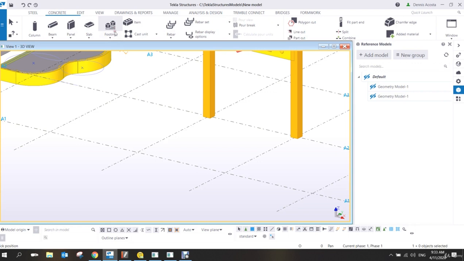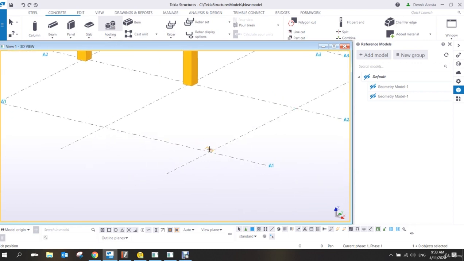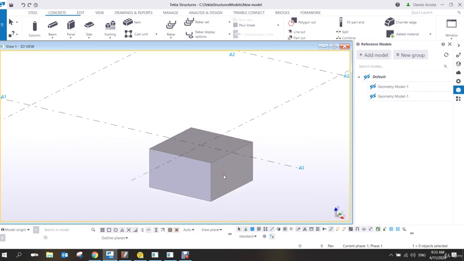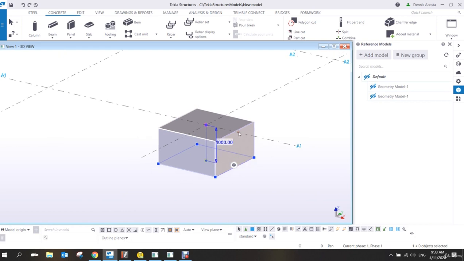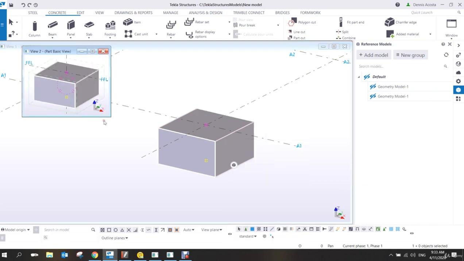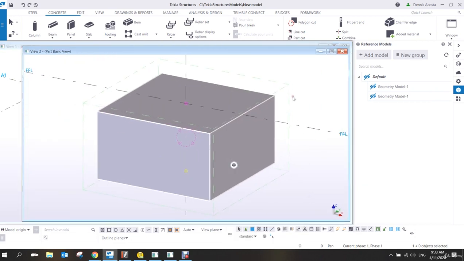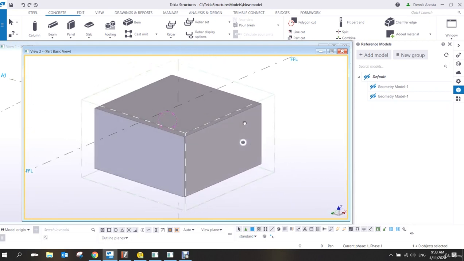the easier one to show is this pad footing. Okay, so we will start with the pad footing. Okay, so what I will do is I'm going to select the pad footing, right click, and then create 3D view of part. Alright, so now,